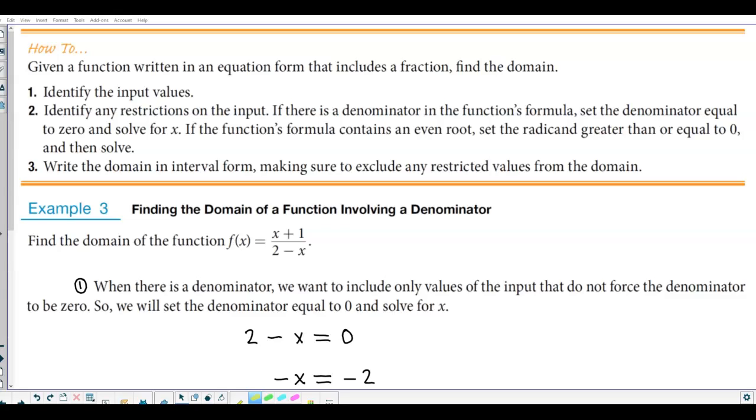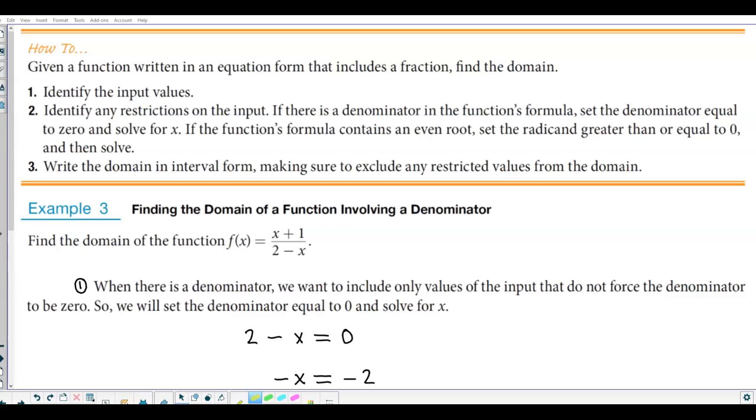Given a function written in equation form that includes a fraction, we want to find the domain. Step 1, we need to find the input values. Step number 2, we identify any restrictions on the input. If there is a denominator in the function's formula, we're going to set the denominator equal to 0 and solve